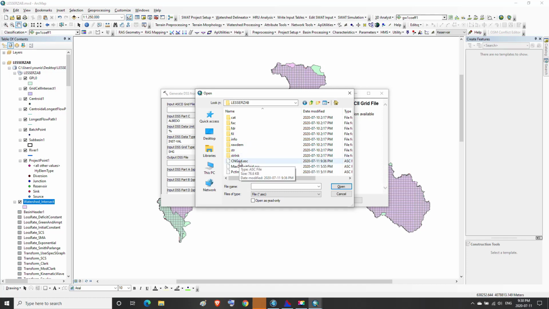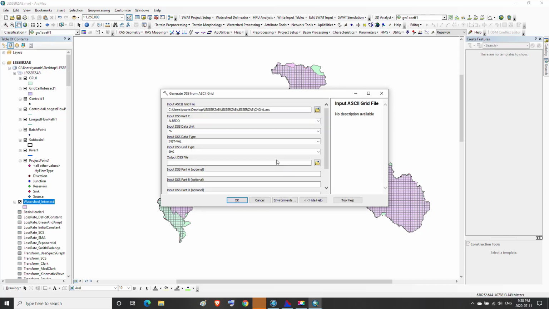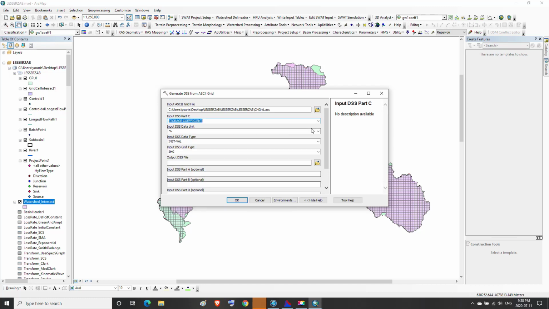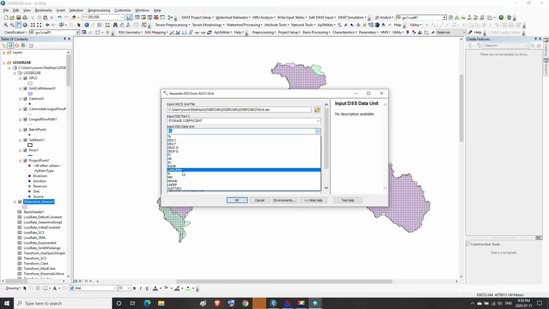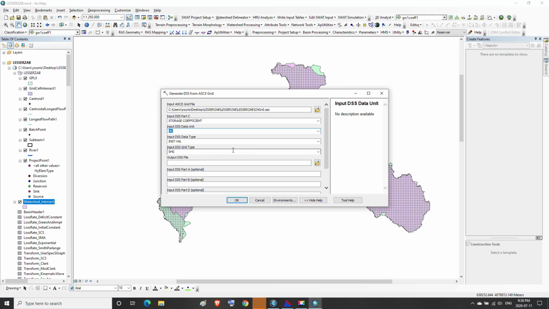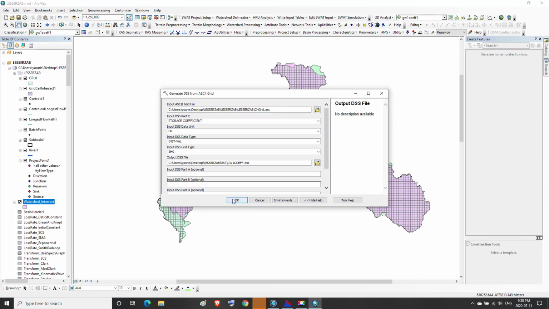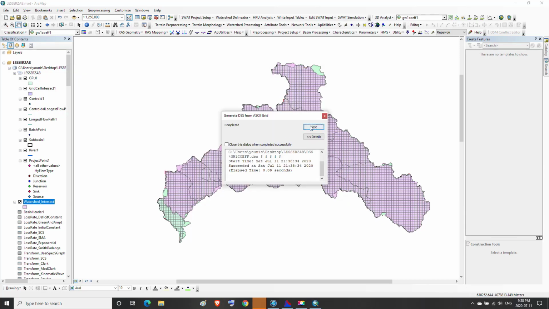Then we choose cngrid.asc, then open. In input DSS part C, we choose storage coefficient. In input DSS data unit, we choose HR or hour. In the output DSS file, we go to the following path: Desktop, LaserZap, DSS, and we choose GW1 coefficient.dss, then open, then OK, then close.